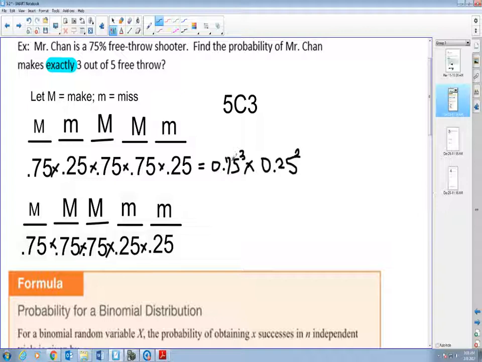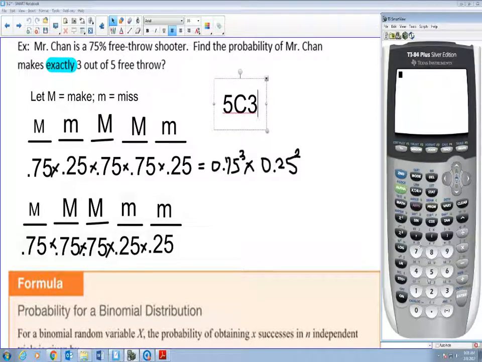for me to figure out the probability of making exactly 3 out of 5, there should be 5 choosing 3 ways for me to make the 3 shots, right? If I do 5 choosing 3 real quick, 5 choosing 3 is 10. So that means there should be 10 different ways for me to make this shot. Every way has the same probability. So that will be